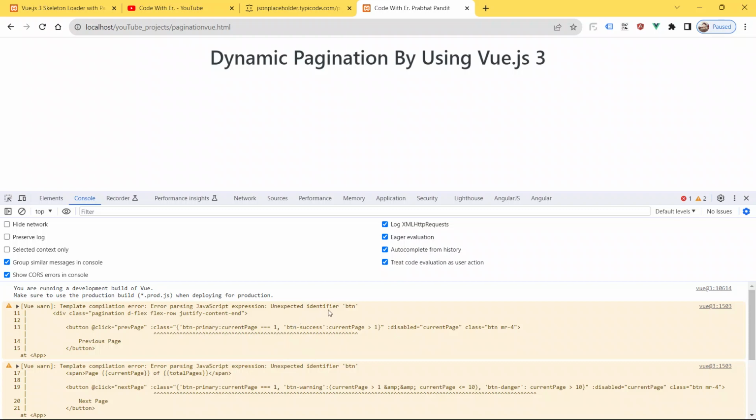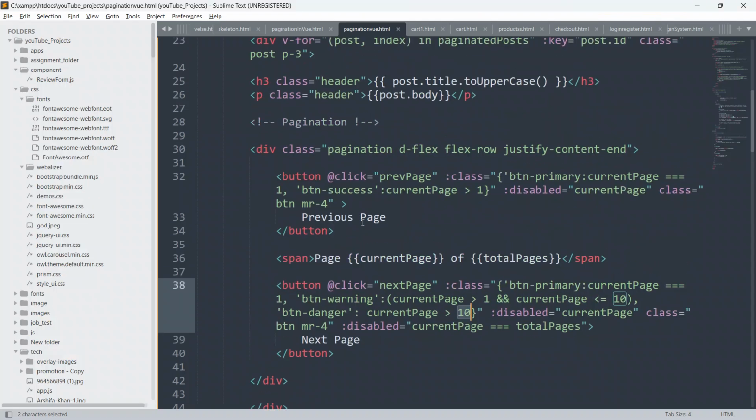Unexpected identifier btn. Just give me 2 minutes, I'll rectify this.